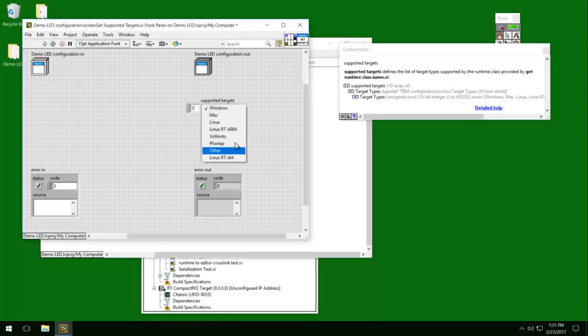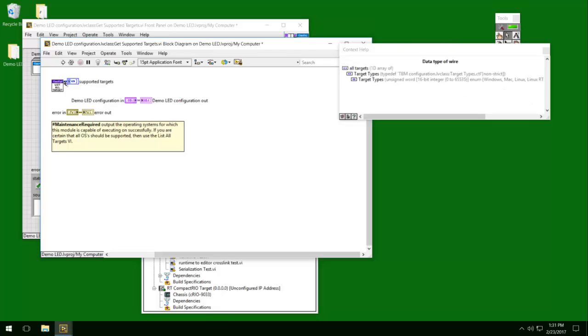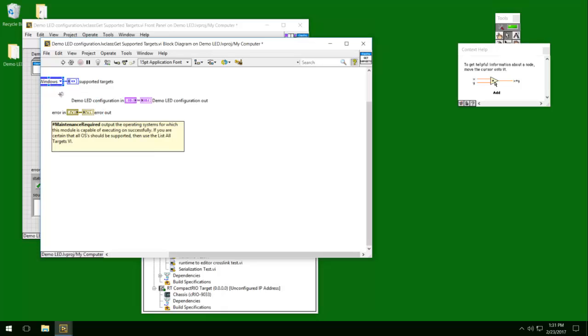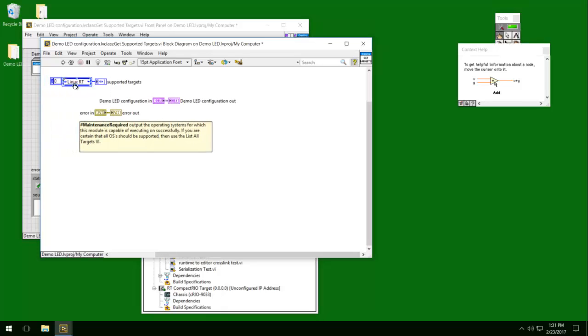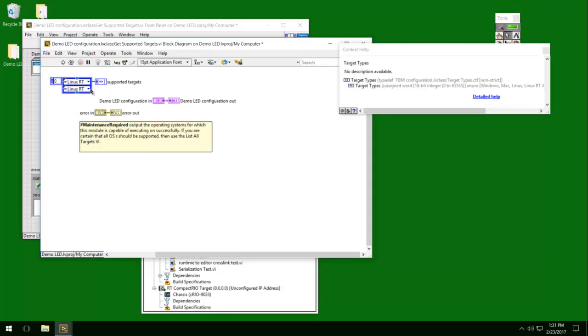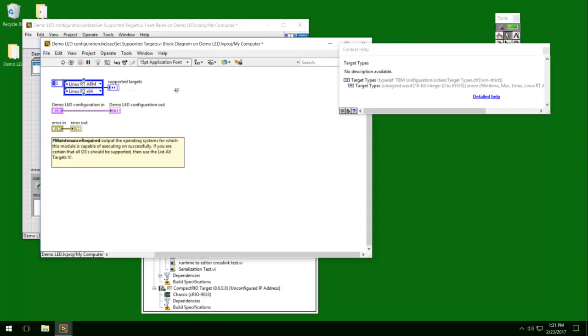So we get everything. What you can do is instead of getting absolutely everything, which by default has the full list of options, you can simply take off Windows, Mac, Linux, etc., such that, for example, it is only allowable on Linux RT ARM or Linux RT x64 targets, which is what I'm going to do here. Let's create a constant on here. I will allow this to run on the two Linux RT type targets. I'll make it a little bigger just so we can see it. There we are. And clean it up. At this point, if I save that,